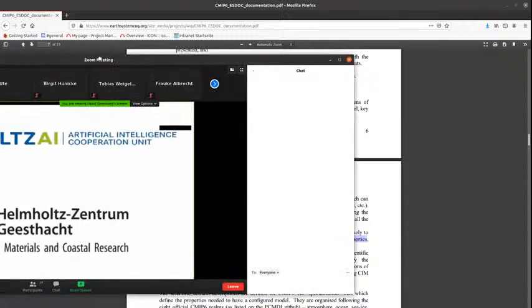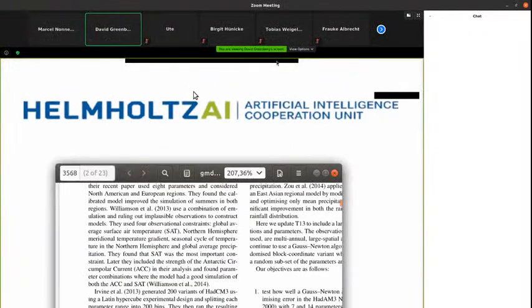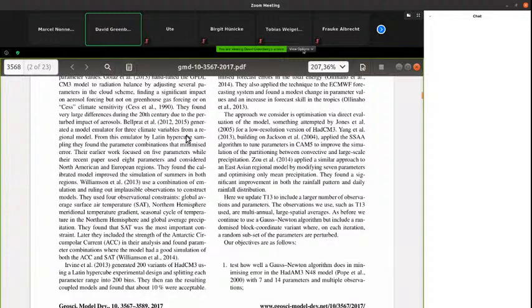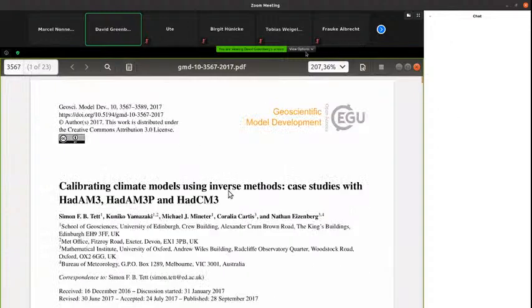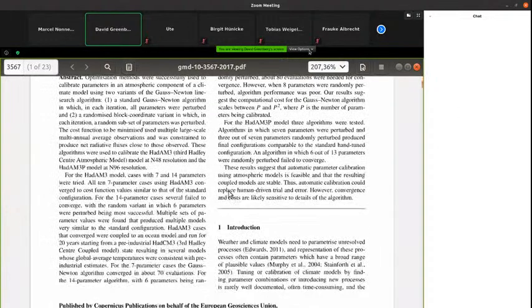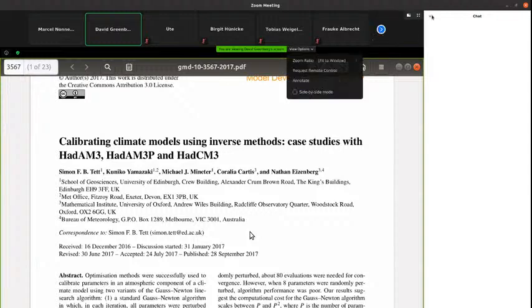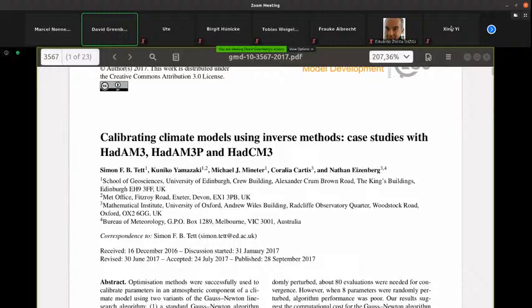All right, so we're going to start with Tett et al. 2013. And they do something very nice and very simple. And I think it's great to use a simple approach, not trivial, but simple, to introduce a lot of these concepts. So what they have is a climate model. They've chosen several parameters to tune. They've chosen to use the HZG model. It came out around